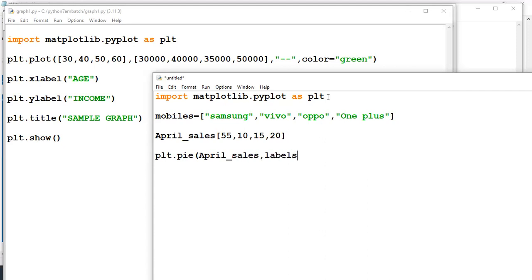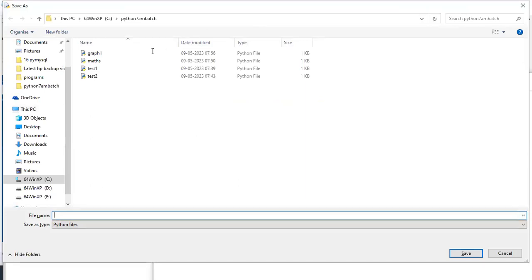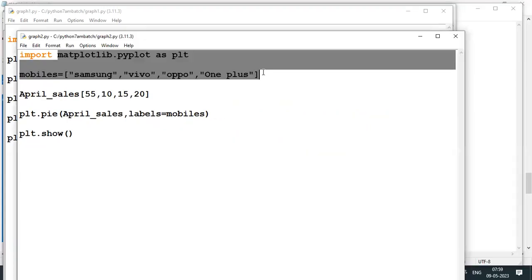Labels, nothing but the mobile labels only, mobiles. And plt.show. Okay.